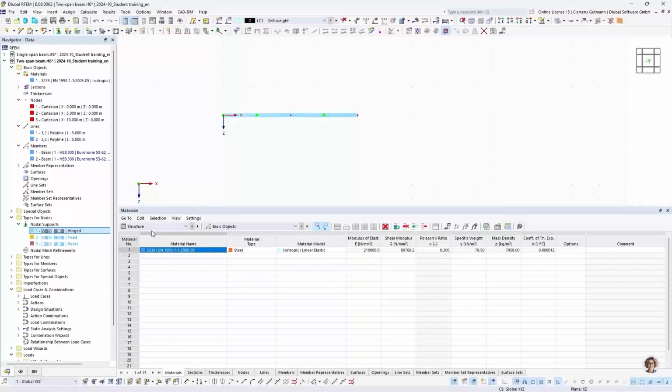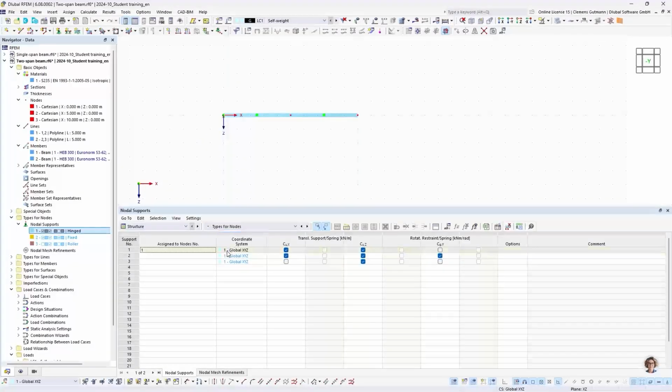So if you go back into the table and in the right drop-down, you find types for nodes. And here you can find the node number 1 that has been assigned to the nodal support number 1. And I want to assign the nodal support number 3 to the 2 other nodes, 2 and 3. And I can do this by clicking into this cell and just typing 2, 3, and then deselect that cell